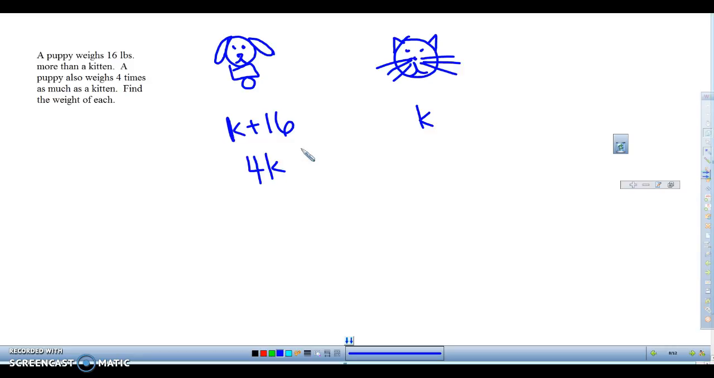I have 2 things that talk about the puppy, and only 1 thing under kitty. And the 16 plus K is not equal to kitty. 4K is not equal to kitty. What can I do? Well, I have two quantities that talk about that puppy. So when I talk about the same thing twice,